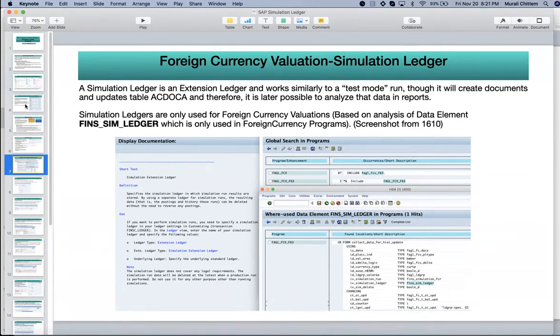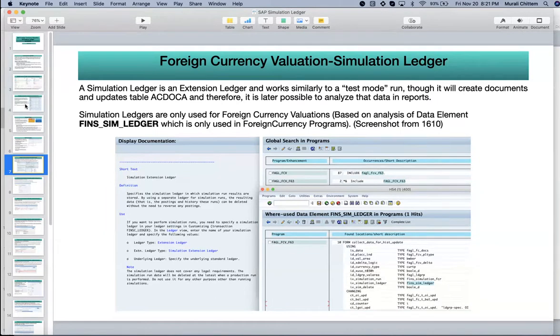Ledger type is extension ledger, type is simulation extension ledger, and for underlying ledger, specify the underlying standard ledger. Since I took this screenshot from 1610, it is showing as underlying standard ledger. Now even an extension ledger can be an underlying ledger.